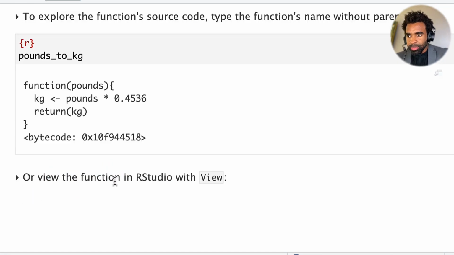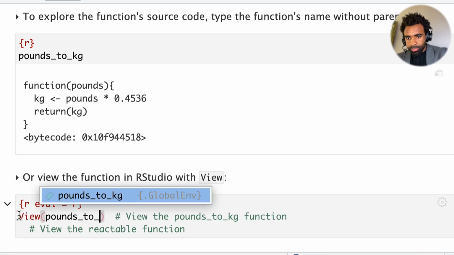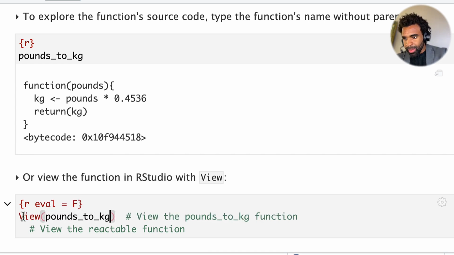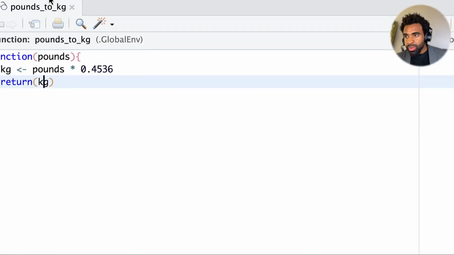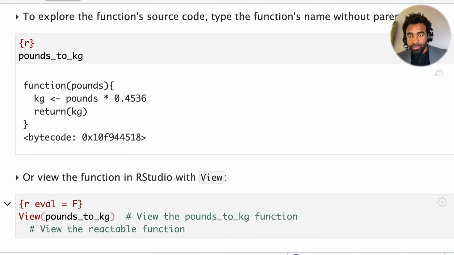It is also possible to view the function in RStudio using the view command. So let's go ahead and try that. We can type view pounds to kg, making sure not to put the parentheses for the pounds to kg function. And when we run this, you get this other tab here that shows the definition of that function, nicely highlighted by RStudio. Now you can actually do this for any function in R,